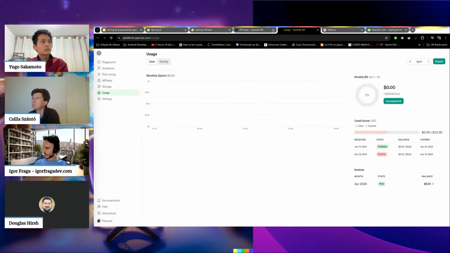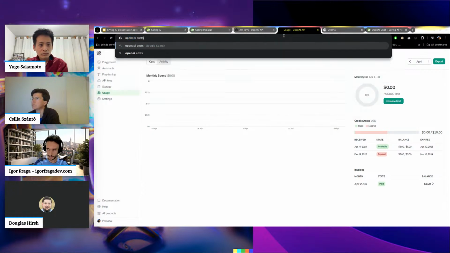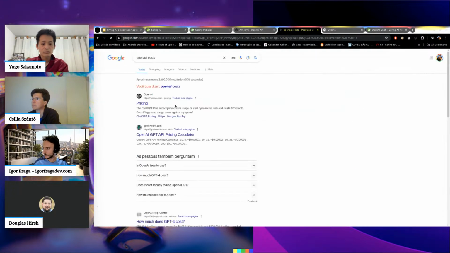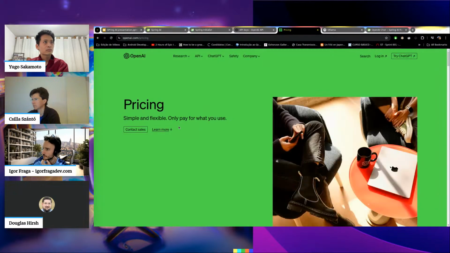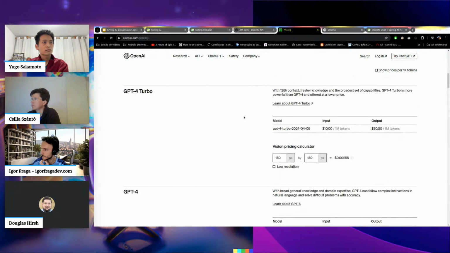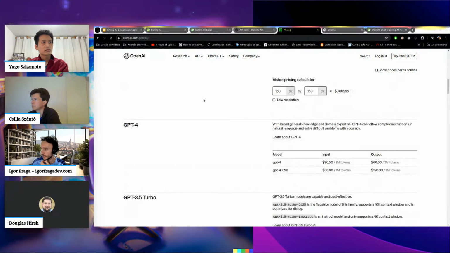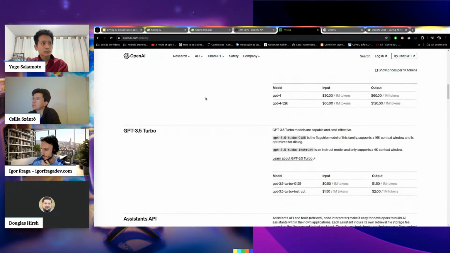And I would like to see where the OpenAI costs are. Pricing is, I think, here. Let's see, because each model has different costs.